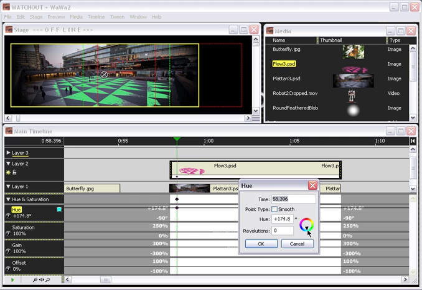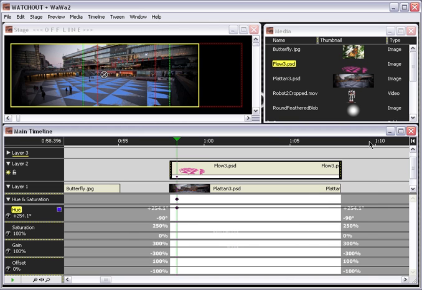So we can make the triangles green instead of the original color, or pretty much any color that we may want them to have. I kind of like this dark blue color here. So that's another use of hue saturation, essentially remapping a set of colors to a different set of colors. Now, these kinds of drastic changes can also be changed over time, since the hue is controlled by a tween